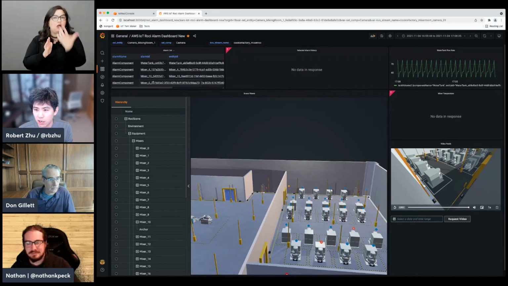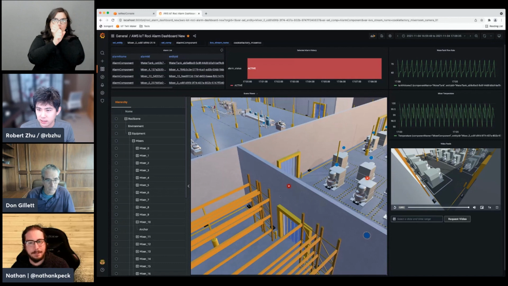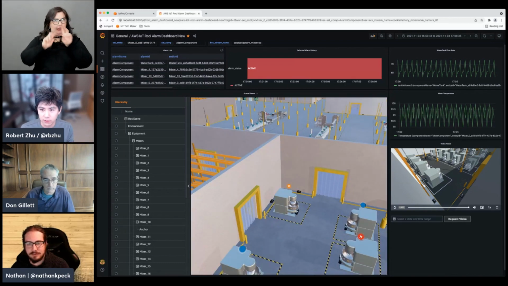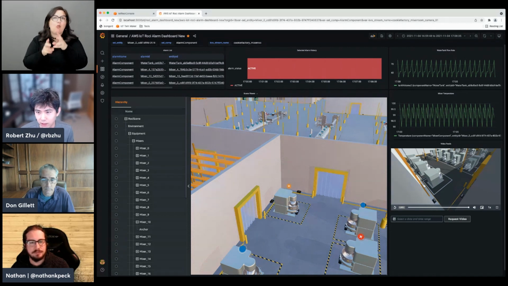And as you were going through that demo, I imagine that we can assess that based on a variety of different input metrics, using this kind of cookie factory analogy. We could imagine that one input data point is how much dough is loaded into each one of these machines. Maybe it turns red when it's out of dough and needs to be reloaded, or maybe the temperature is too high on one of them, or maybe something is malfunctioning. Any one of these things could trigger some piece of information that, to use your terminology, on this single pane of glass would tell you somebody needs to pay attention to this